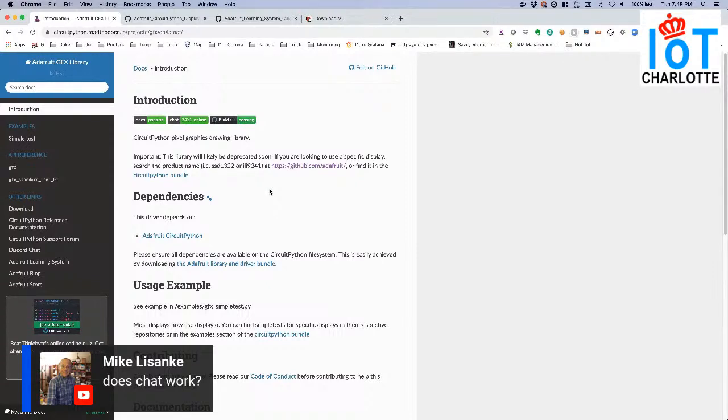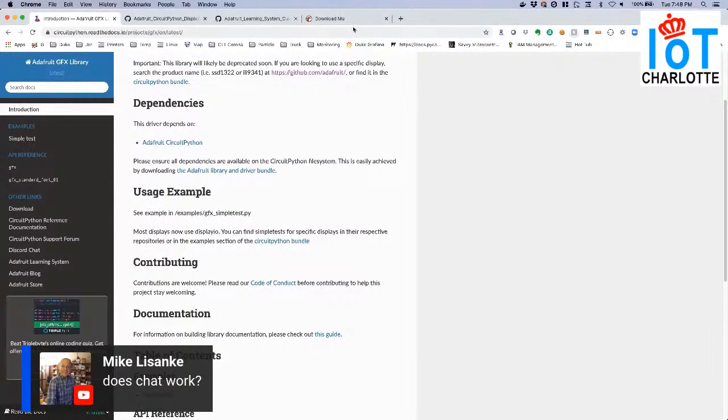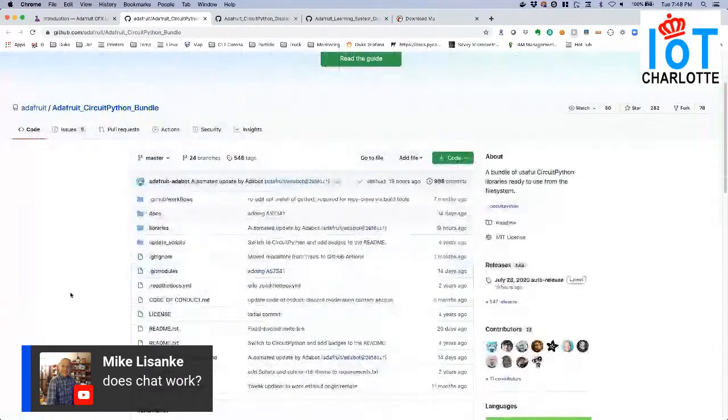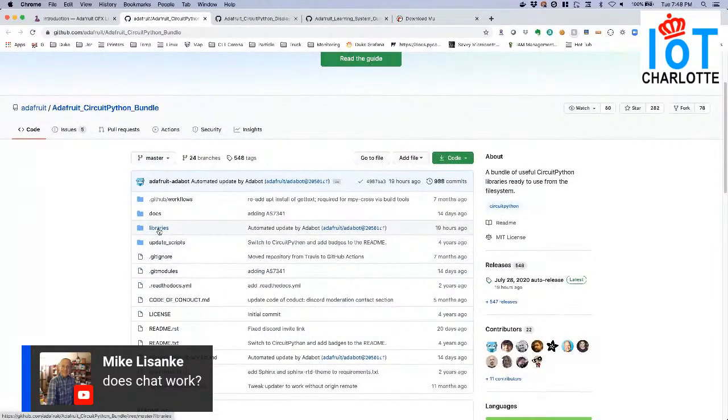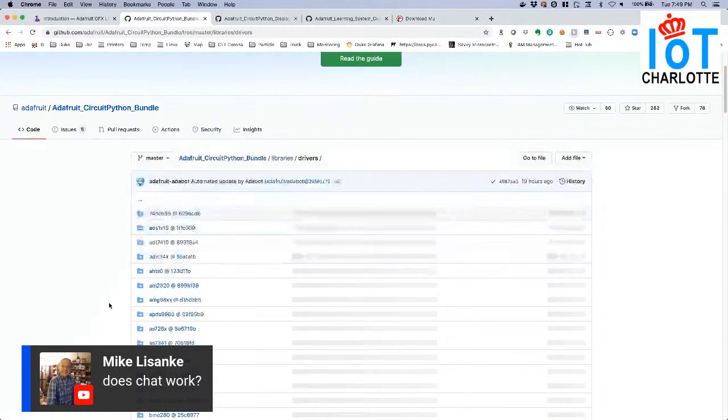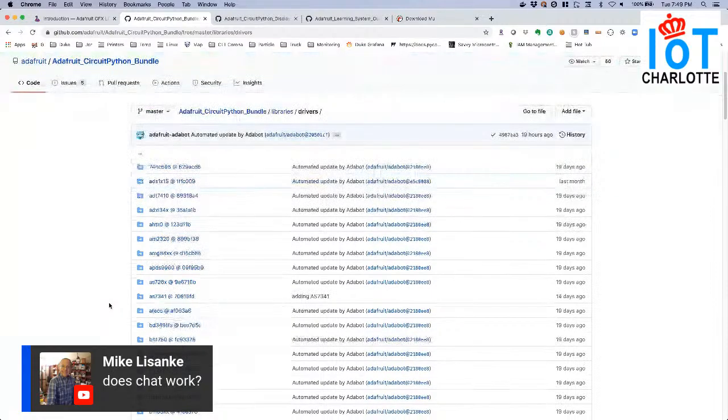So it handles all of your fonts and everything. Real easy to use. There's a ton of drivers out there, right?